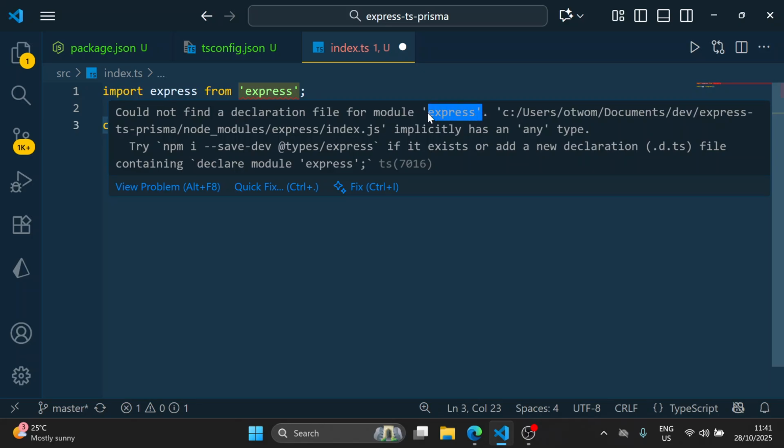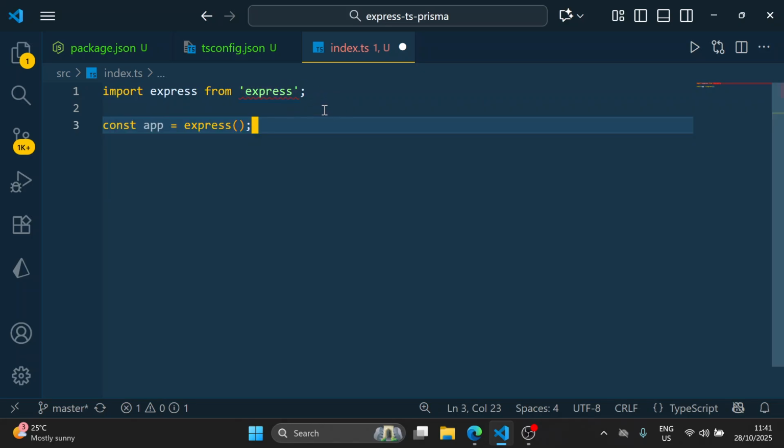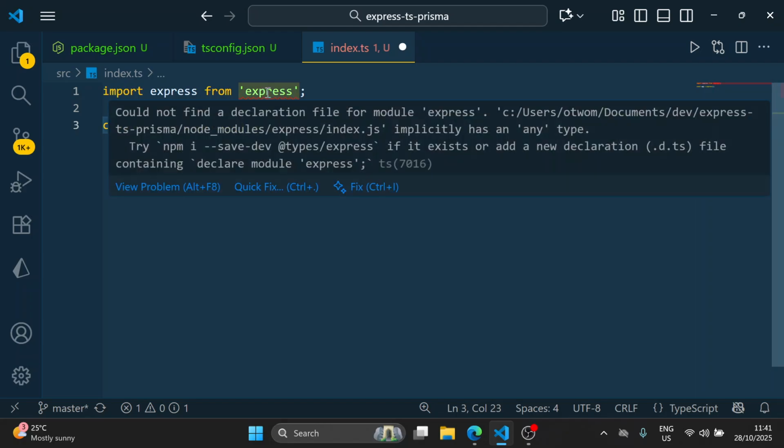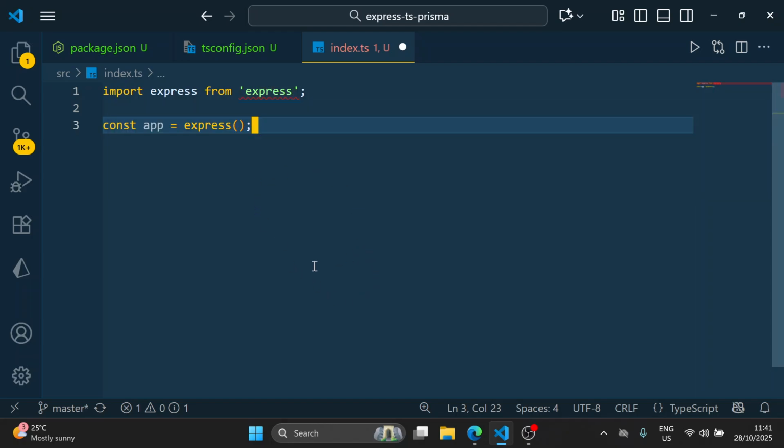It could be module bcrypt. It could be module ZXC, VBN, and so on and so forth. So to make these errors go away, you're supposed to install the type declarations for that particular module. If you want to make this particular error go away, you install the type declaration for that